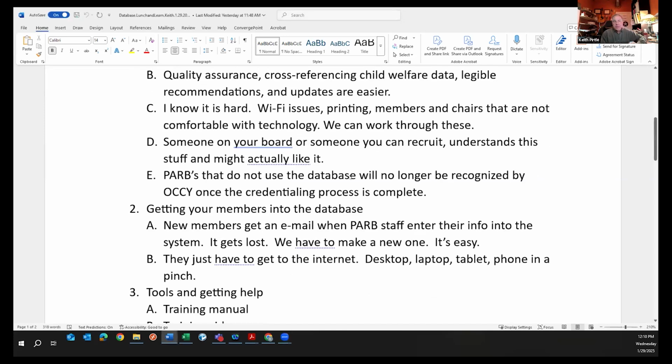And then, unfortunately, since we've spent money on this system and we're using this system, it's now the standard. I mentioned earlier, if you logged in early, how we're doing this kind of credentialing process now. I announced over a year ago that the database is required, but at this point, once I go out and do a credentialing visit for your board and you're not using the database, I will not be able to recommend that your board be credentialed by the Commission on Children and Youth. So basically, by the time I get out there and do a credentialing visit, if you're not doing the database, you will not be a sanctioned body by the Commission on Children and Youth.